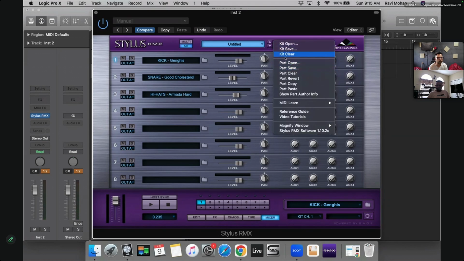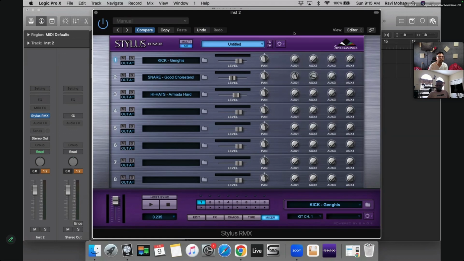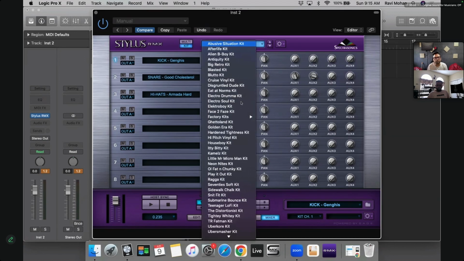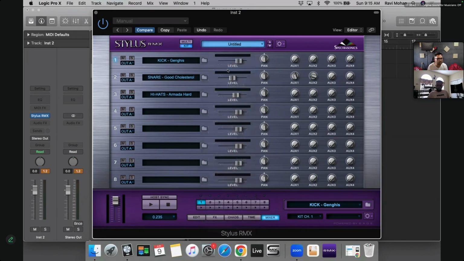This kit you can save, right? So this will be your user kit, whatever you name it, you use it, you come back to it and you use it. It just stores into your Stylus RMX library. And that is how people have built so many other libraries, which are sometimes very inspiring.